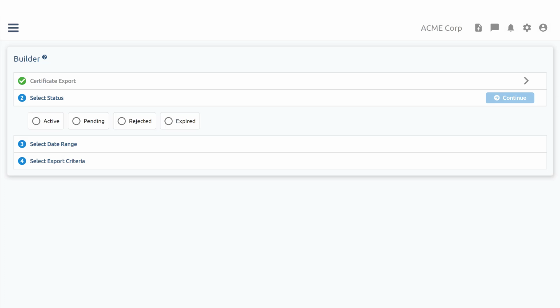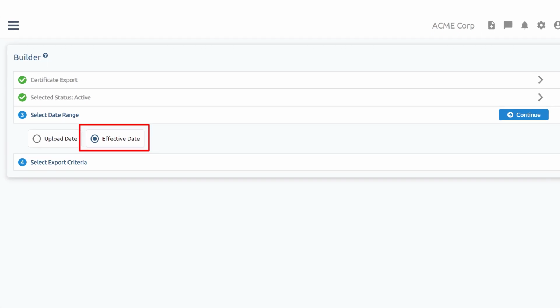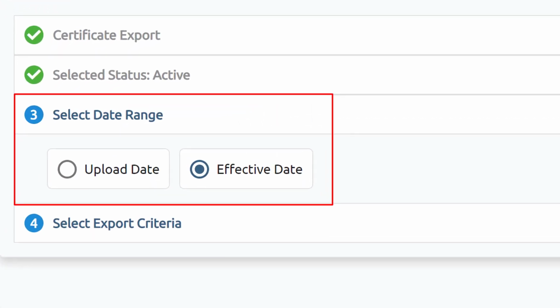In this particular example, let's go ahead and select Active to only export active and valid certificates. Once we continue, we can then fine-tune whether we want to export certificates based on upload date or effective date depending on business needs. In this case, let's go ahead and select effective date so that we can later filter certificates between desired dates. Before we hit continue, we'd like to point out that this functionality comes in very handy